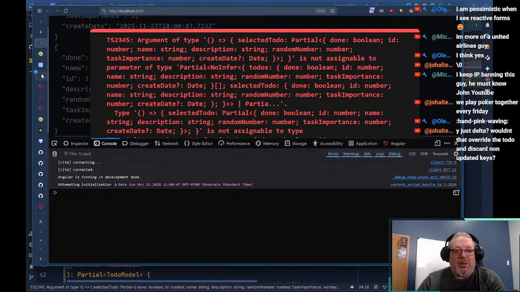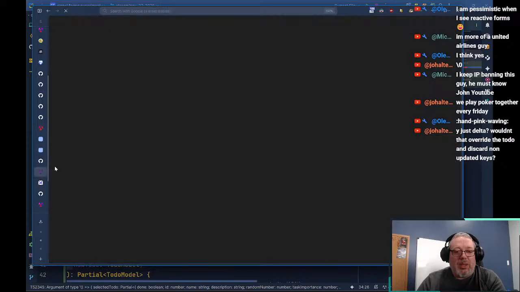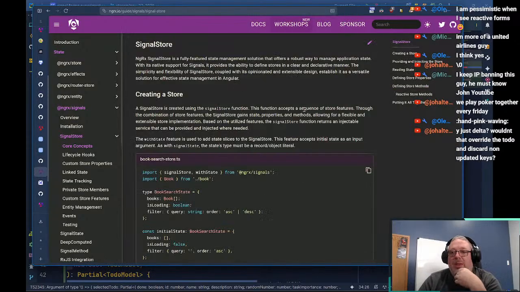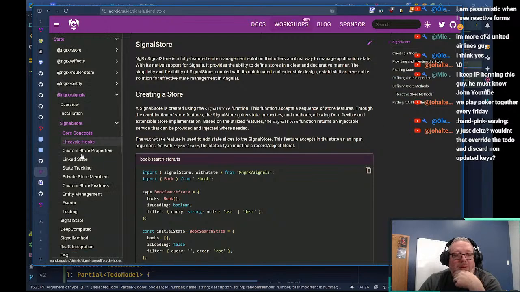Angular Material, Angular Primitives, NgRx Toolkit. Here we go, signal store. So reading state, defining store, reactive store methods, putting it all together.